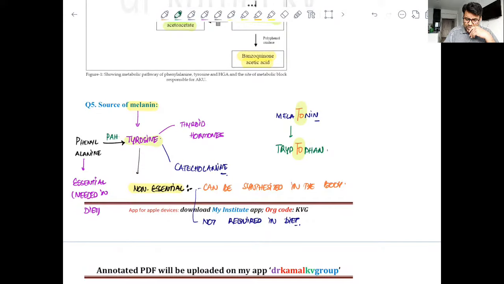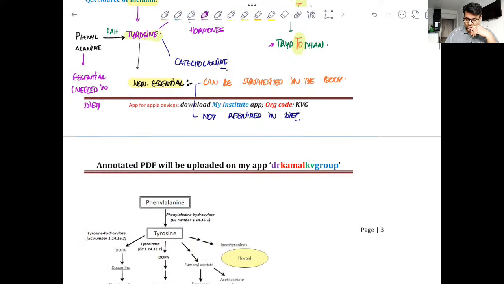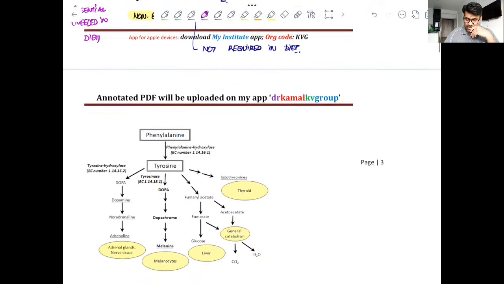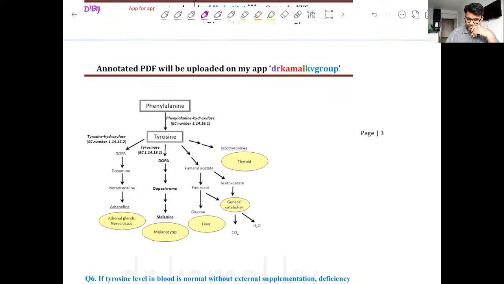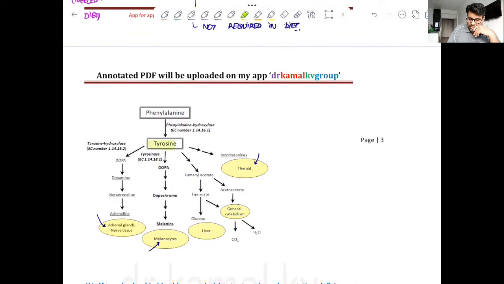And just to stress once again, melatonin comes from tryptophan. Please remember this, don't mix it up with melanin. It's a pretty easy question, should not be done wrong at any cost. Clear? So tyrosine, we can see it is giving rise to thyroid hormones, it is giving rise to melanin, and it is giving rise to catecholamine. So tyrosine is very important and non-essential because it is derived from phenylalanine, and the enzyme involved in conversion is